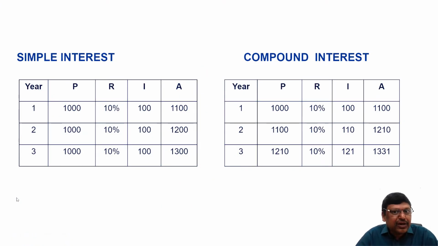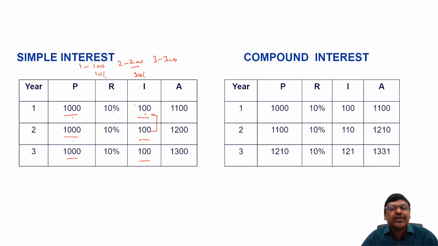If you recall, in the introductory session, we have filled these two tables. If you observe here, in simple interest, as we discussed before, the principal will remain the same. Because the principal remains the same, interest also remains the same. So, if interest for 1 year is 100, for 2 years it will be 200, for 3 years it will be 300, or if this 100 is 10% of 1000, so this 200 will be what percent of 1000?